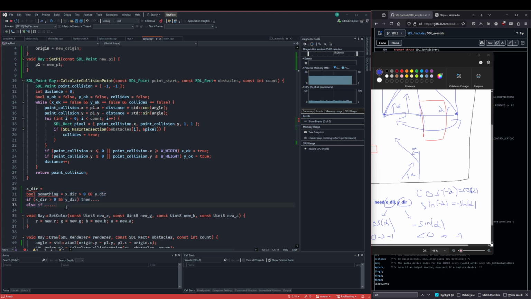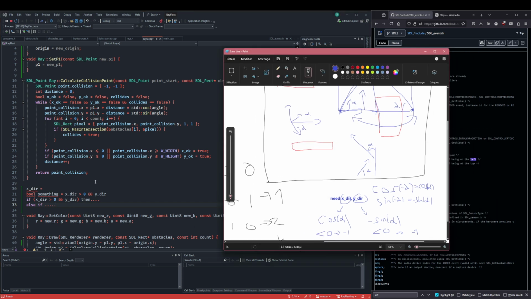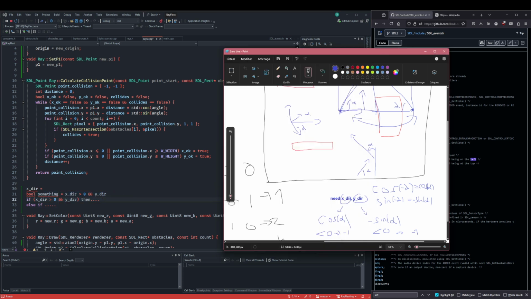And so yeah, I'm gonna stop here for now. In the next video, I will implement this. And in the next video, hopefully, we'll have the reflection working. And then in the next video, or in the same video, I don't know, depends on how much time I'm gonna spend doing the math, then we'll add the amount of